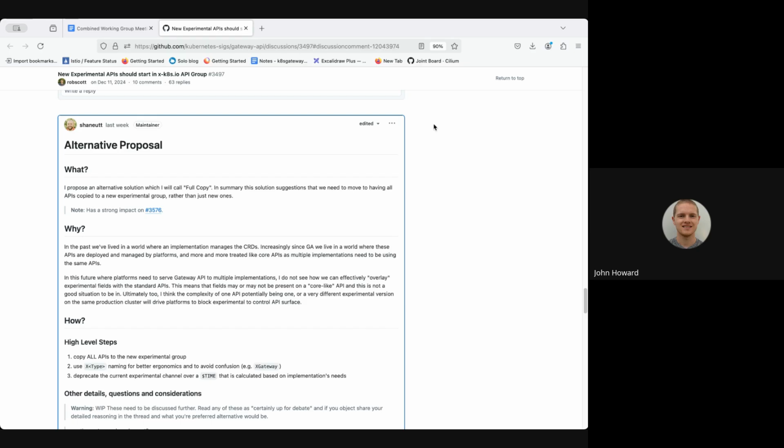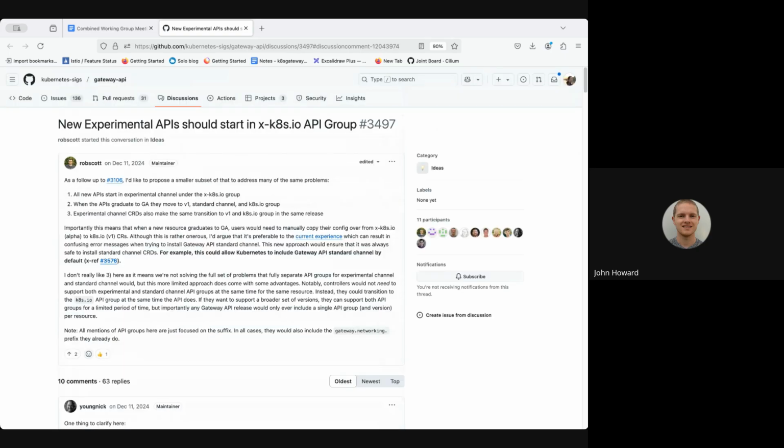The initial proposal, which I don't have a big problem with, is that before an API itself is promoted to stable, it will be in a different group, and then it'll move groups when it goes to stable. To me, it's more straightforward and not super controversial.